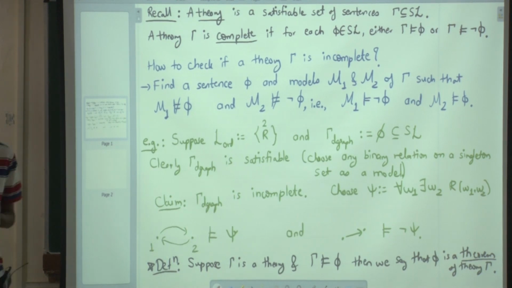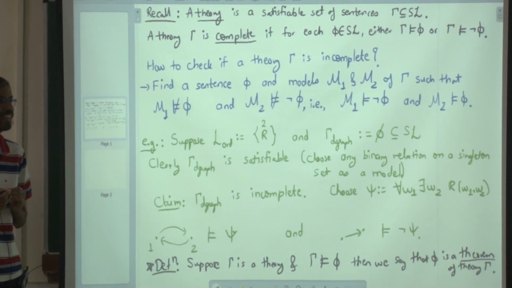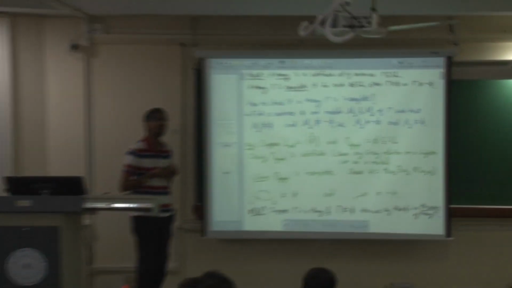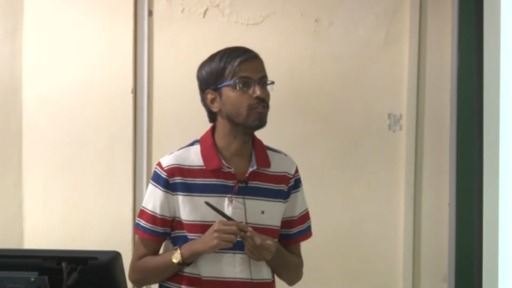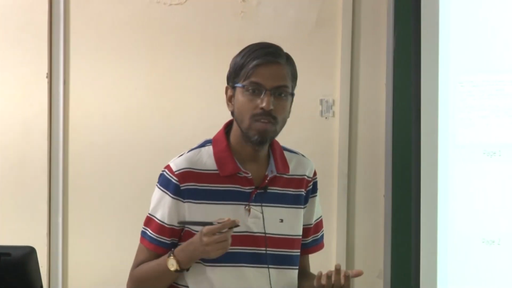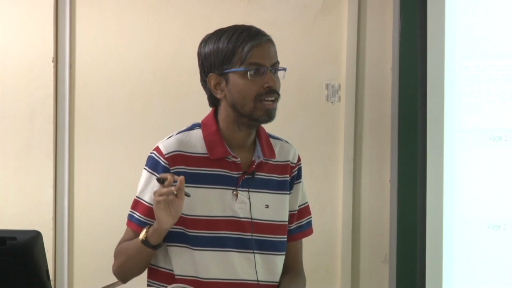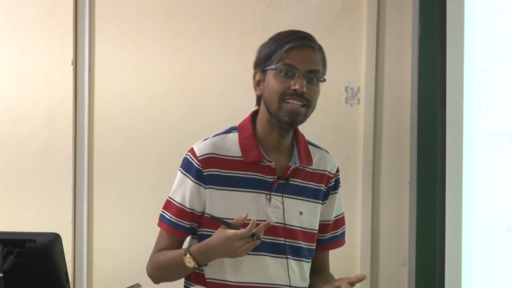Okay, what is a theorem? Yeah, it's a very simple definition. So what is a theorem of group theory? It is any logical consequence of the theory of groups. So a theorem of group theory is any sentence which is true in all groups. A theorem of the theory of vector spaces is a sentence which is true in all vector spaces. Yeah, that's a theorem. And that's what we try to prove.